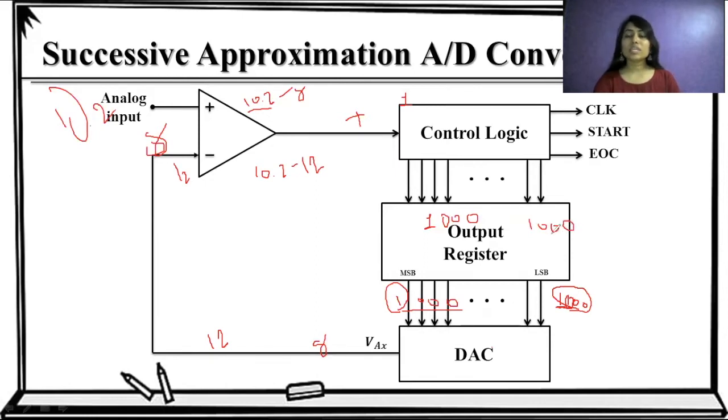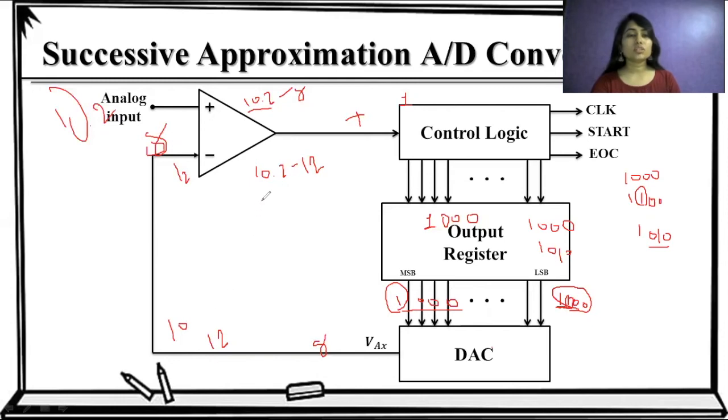Now after enabling this bit, we have to enable the next bit. So next we have a pattern like 1010. First we consider 100, then we consider 110. But for this combination, we have a lesser analog input, so we reset this bit. So we have the next bit combination as 1010. Now this 1010 is a binary representation of 10. That means we have an analog value of 10.